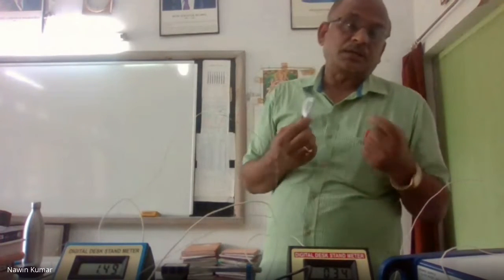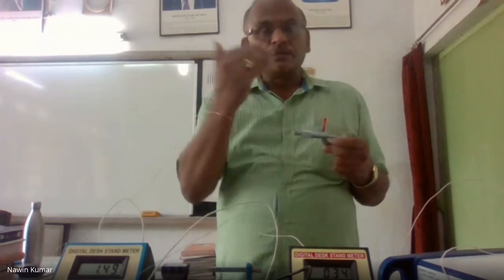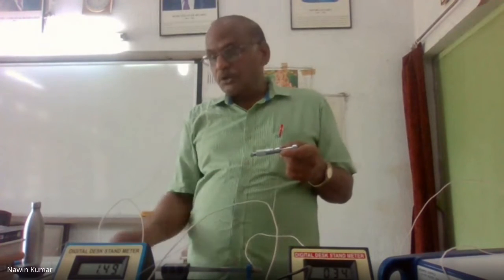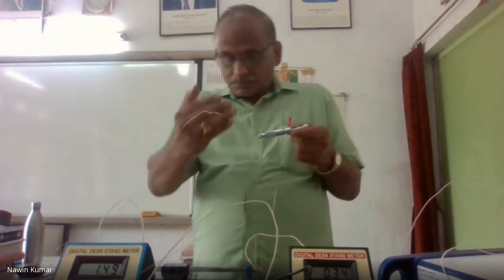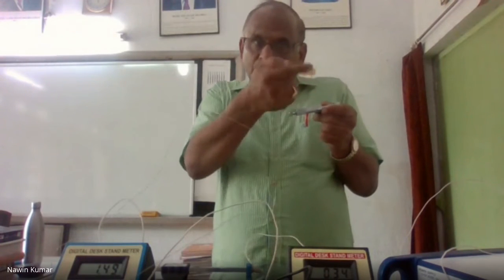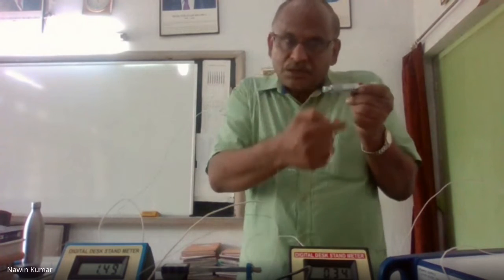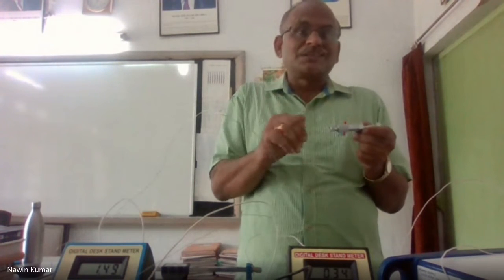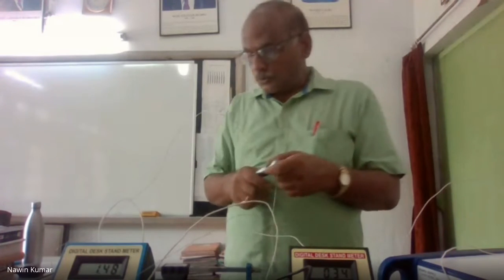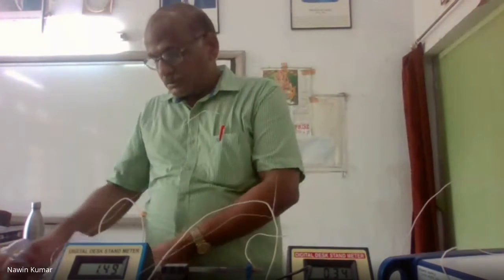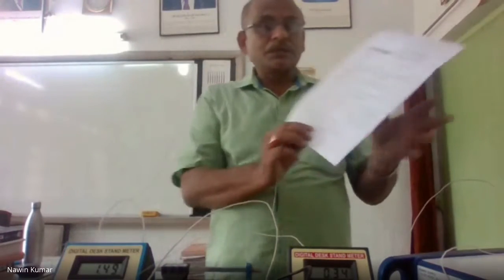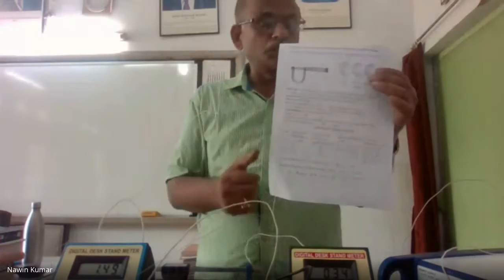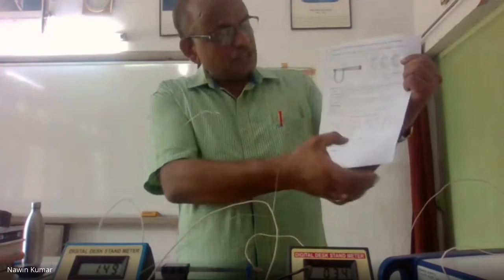Accordingly we do the correction. If the error is positive, the correction is minus the number of divisions between the zero and the reference line coinciding with the circular scale, into least count, and if it is negative then plus. Here is the reading taken by me, and I will share that with you in the Google Classroom. Here note down the resistance